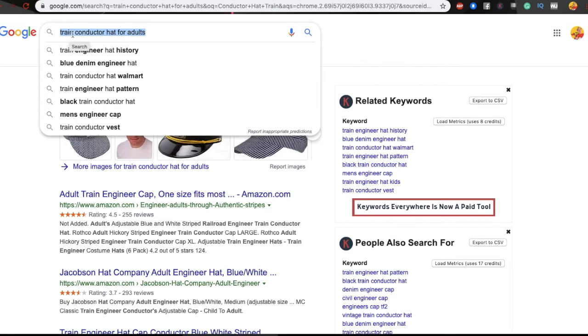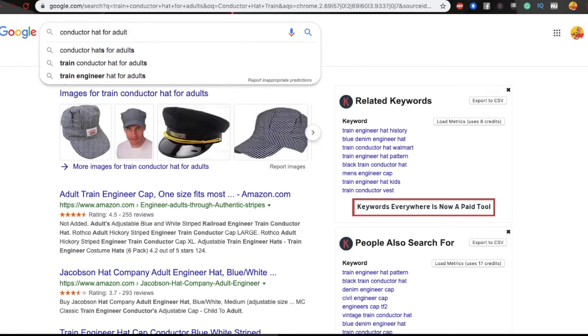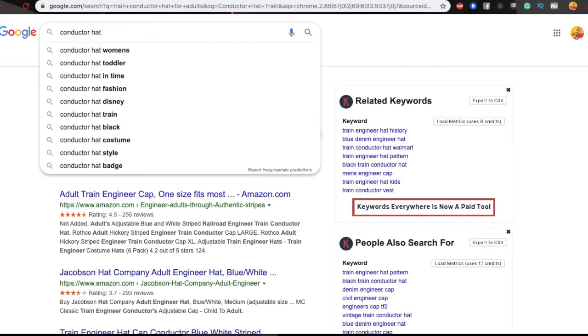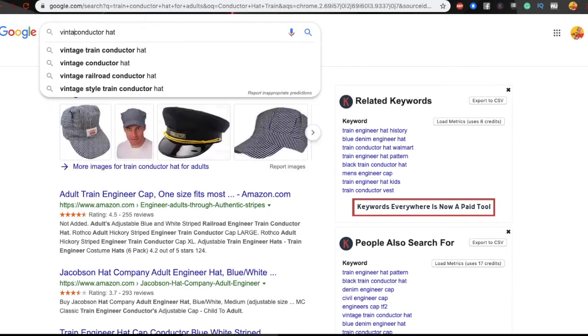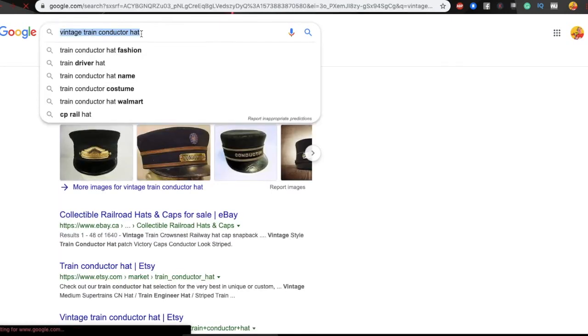Conductor hat again. Okay, we'll stay with the same conductor hat, conductor hat train. I remember there was a vintage, and it's kind of like vintage train conductor hat. Okay, cool, vintage train conductor hat. Let me take a look. If I use